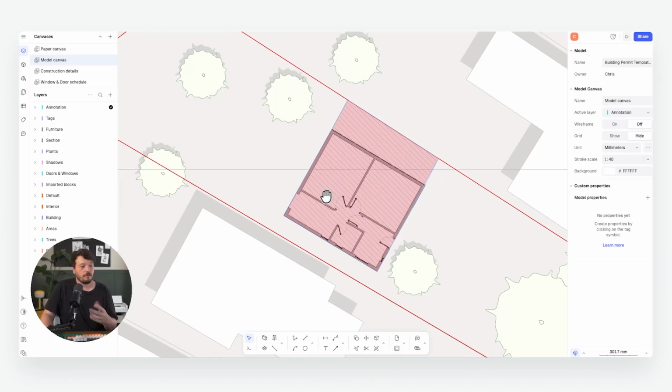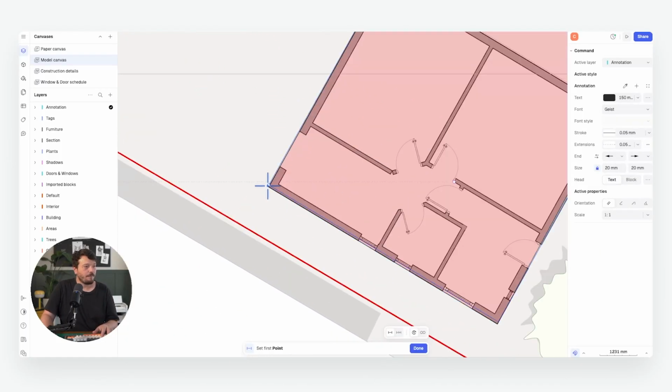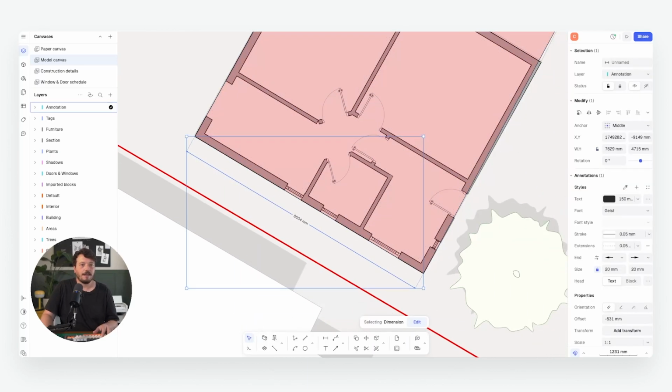And I want to give it some overall dimensions. So we can go to dimension here. I just want to click on here and here. And I can change the dimension style. So just like we have the styles in all the other aspects, we have annotation styles that we can change our dimensions in. So I want to change the unit length to meters,